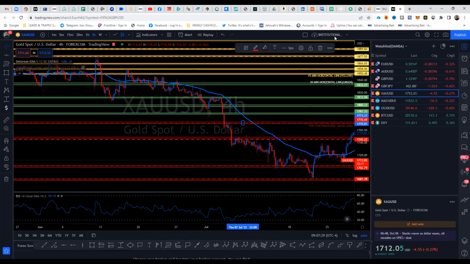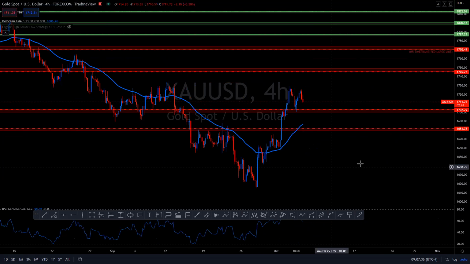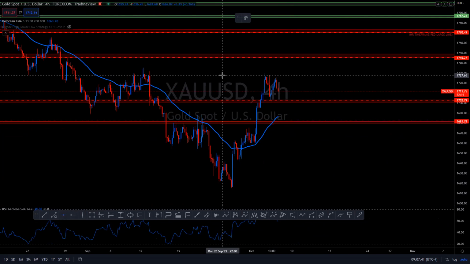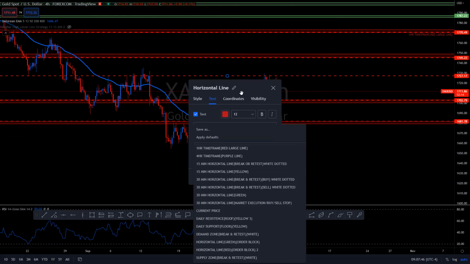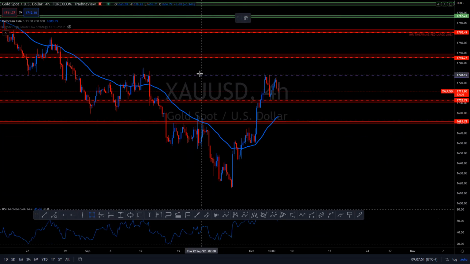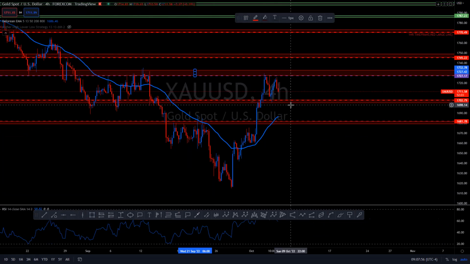Now we're going to move on to the 4 hour. And now we're going to go all the way to current price. You can see current price here. So it's safe to say that there was a major supply here. Put a zone here. So it's probably safe to say that price is probably going to go bearish until it hits this zone, maybe do a swing low and then come back up. Let me change this to purple.